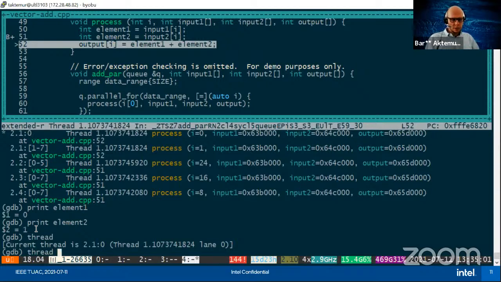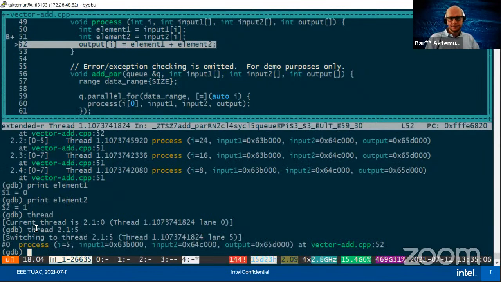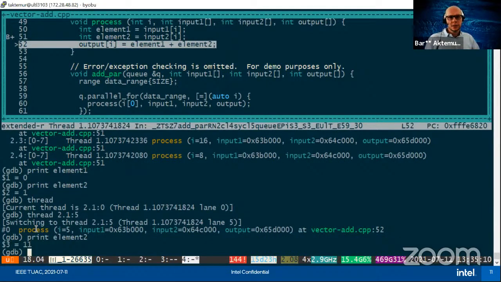I can switch the lane. For instance, I can go to lane 5, and if I now print element 2, this is the value from the point of view of lane 5. Let's go back to